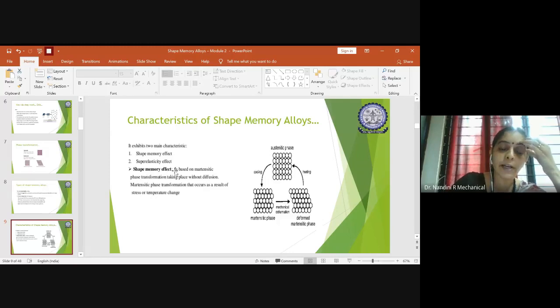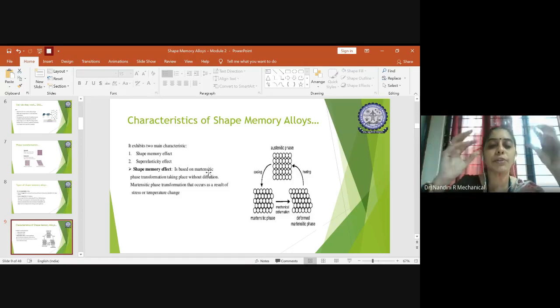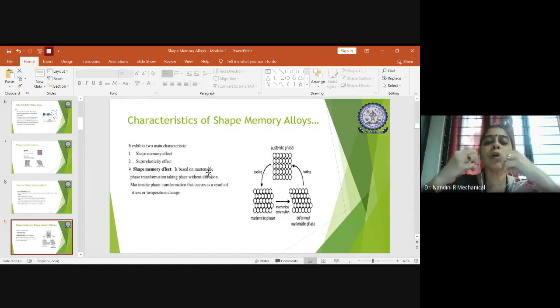So the shape memory effect here is based purely on the martensitic phase transformation, which takes place without any diffusion. If you speak about diffusion, diffusion has a wide area of meaning with respect to physics as well as chemistry background. So here you are told that the martensitic phase transformation takes place without any diffusion. Initially, when you have an alloy and subject it to a chemical reaction related to solid state kinetics or whatsoever, the molecules of the two alloys will diffuse together to form a new compound. And hence there will be some change in phase and you yield the result you need as an output.